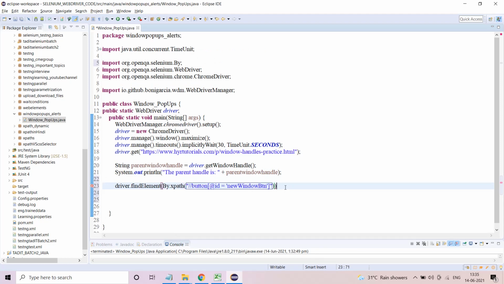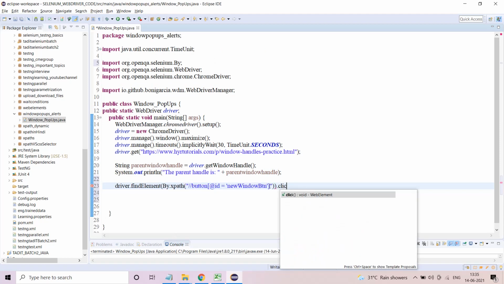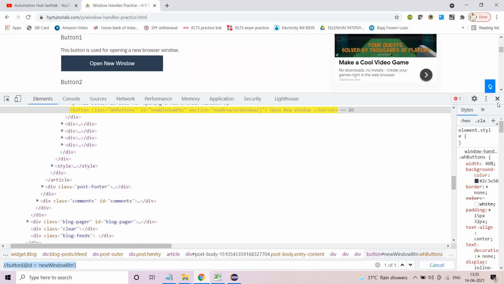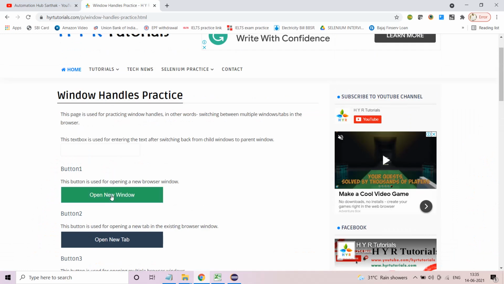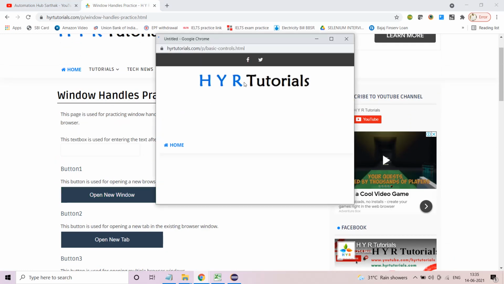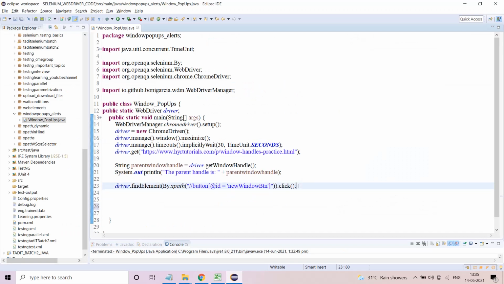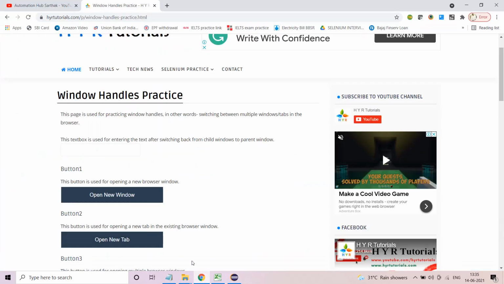I do this and I click it. Once I click this, that small window opens. This much is understood so far. Now what I'm going to do is, see, manually if I click on this thing, this window opens. I know this, manually it is working fine. So now I have clicked. Once I have clicked, even Selenium will open this.